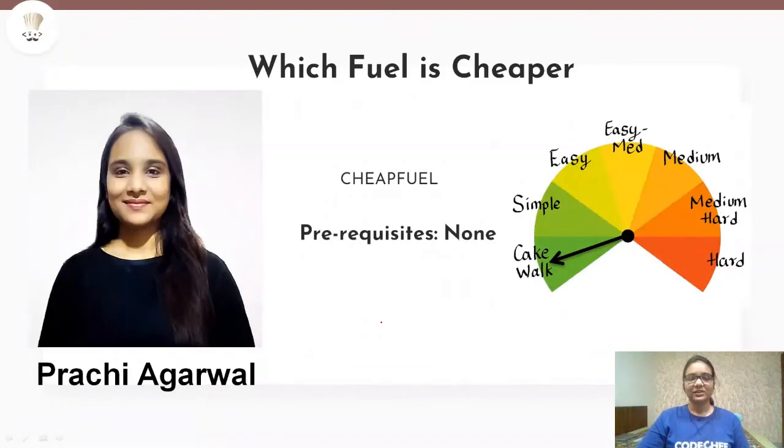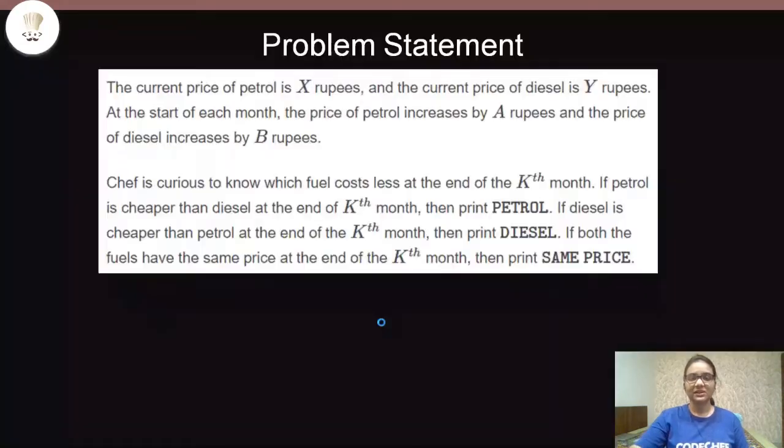Today we are solving the problem which fuel is cheaper, which belongs to the November Long challenge. It is a cakewalk problem. So let us see the problem statement. The problem statement says that we have the current price of petrol and the current price of diesel